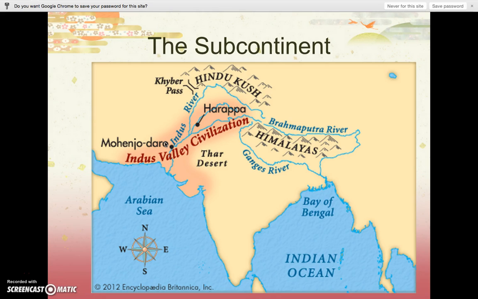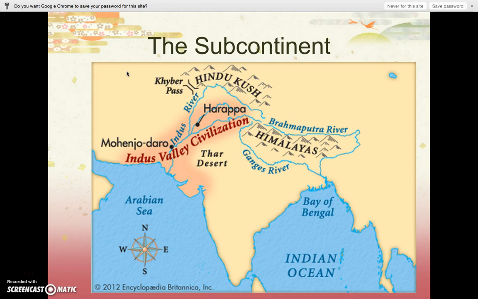And of course, here we are, the Khyber Pass, which is one of the really only ways that one can actually pass from the west, from southeastern Europe, from the Middle East. The only way that they can really do it is that way. Otherwise, it's by sea, and that is very difficult in ancient times.